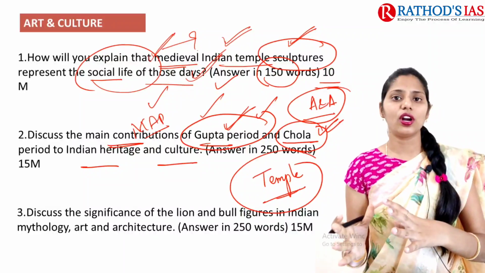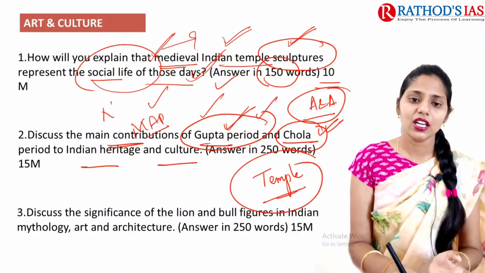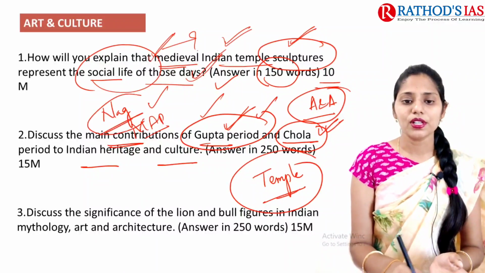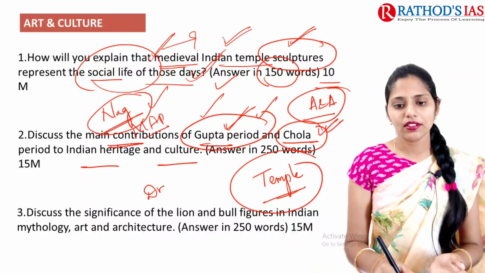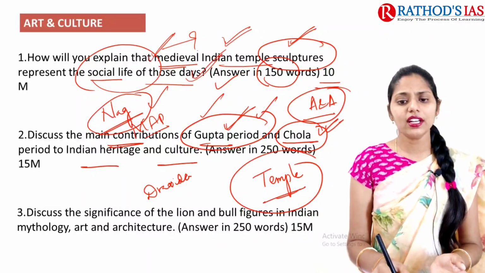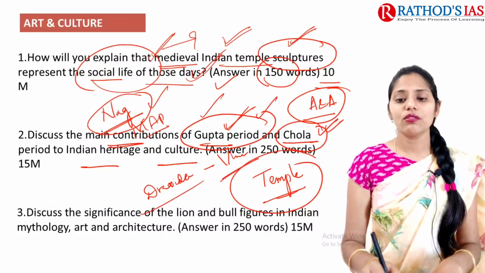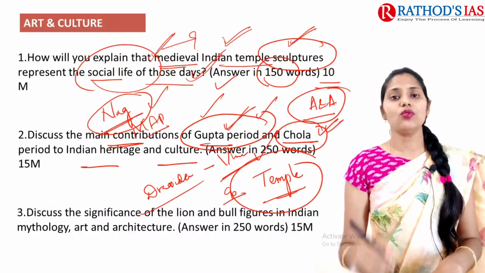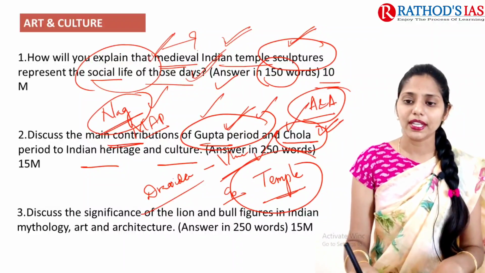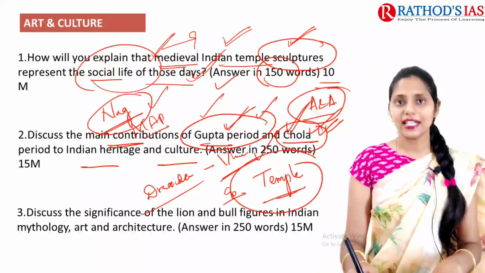So shikharas are mainly called in this Nagara temple style of architecture. In Dravida we have gopurams, okay, and we have vimana. So vimanas and gopurams reached very high during this Chola period, and you can give some examples of this